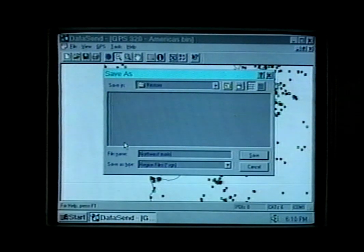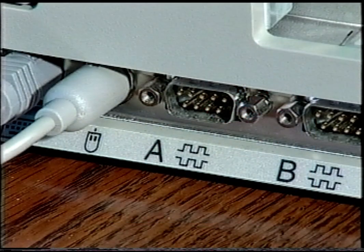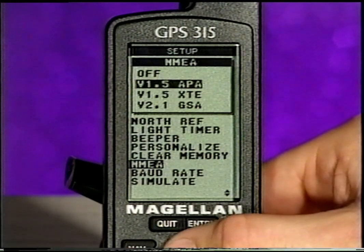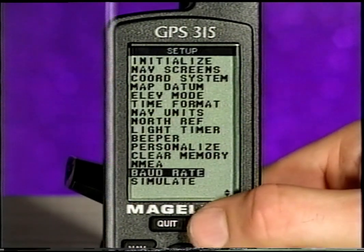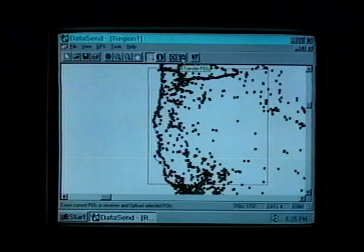You may also give the file a custom name, so you can easily identify what information is currently in the GPS. To transfer the new information to your GPS, you'll need to connect to the COM port of your PC and turn the receiver on. Make sure the NMEA option on the Setup menu is set to the off position, and that the baud rate is set to 4800. To finish, just press the Transfer POI button on the toolbar at the top of the